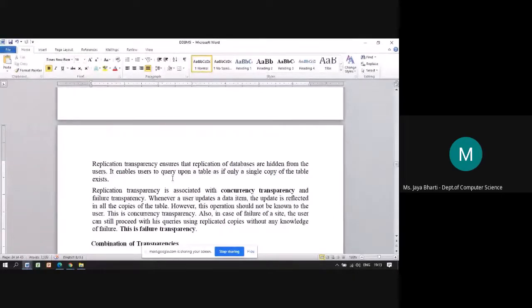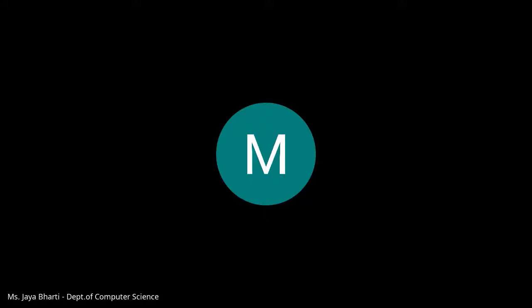The user will come to know only when he gets some error or wrong data. As long as he is getting the proper output, he is least bothered about what is happening. In case of failure of a site, the user can still proceed with his queries using replicated copies without any knowledge of failure.